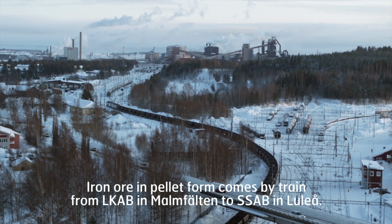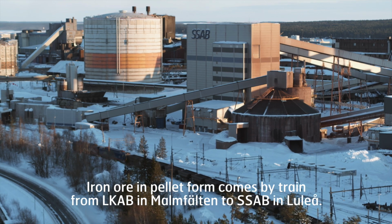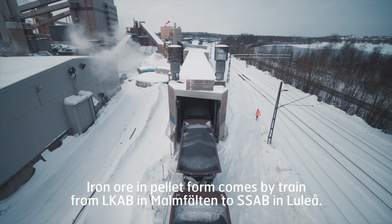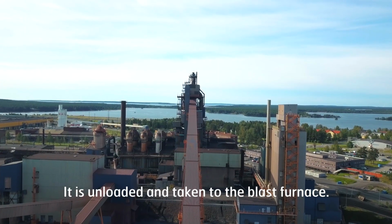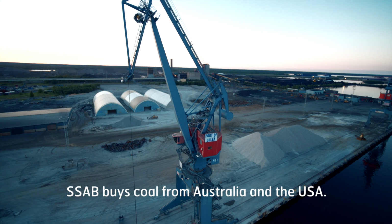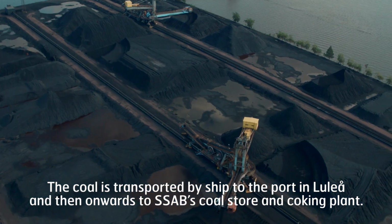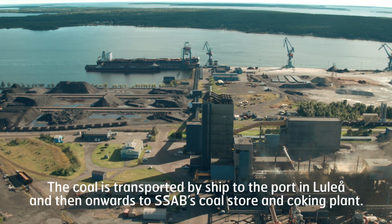Iron ore in pellet form comes by train from LKAB in Malmfälten to SSAB in Luleå. It is unloaded and taken to the blast furnace. SSAB buys coal from Australia and the USA. The coal is transported by ship to the port in Luleå, and then onwards to SSAB's coal store and coking